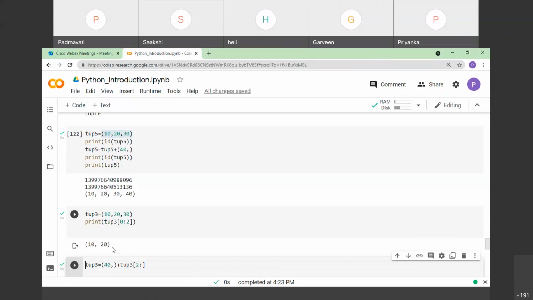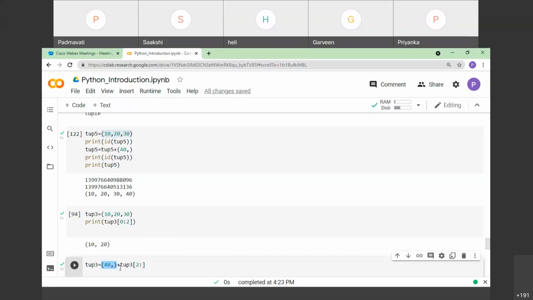So in the next cell, I have taken a tuple 3, and inside that I just wanted to add again with the help of the concatenation operator as well as the slice operator. I just wanted to concatenate tuple 1, the first tuple, which has only one element, 40.